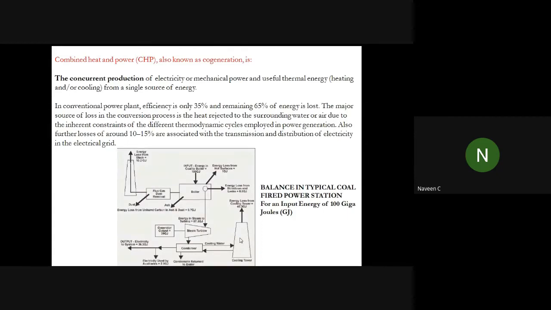Why are we losing most of the energy? Because of the heat rejection happening in this condenser, and we have to reject it. Since there is no pressure in your vapor, you cannot pump the vapor. Pumping a vapor is not at all possible, because it has 100 times lower density than water. Pumping water is much easier than pumping vapor. That's why you convert the vapor to water again, and circulate that water back to your boiler. This is the recirculation process of water.